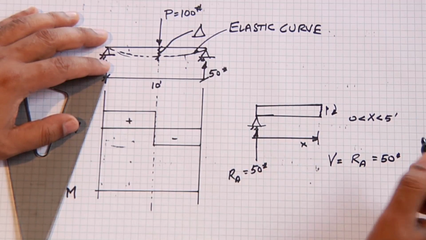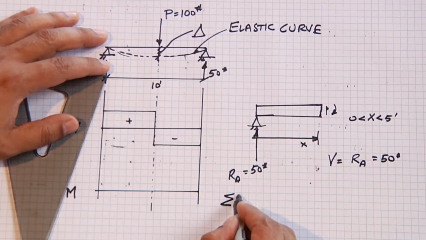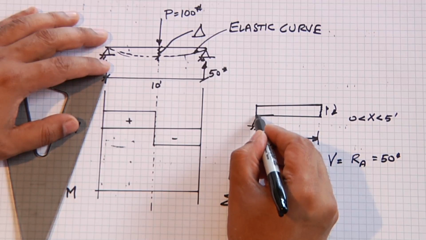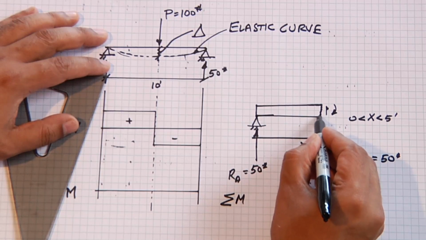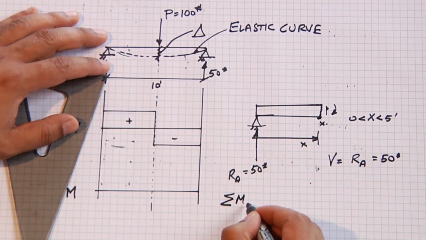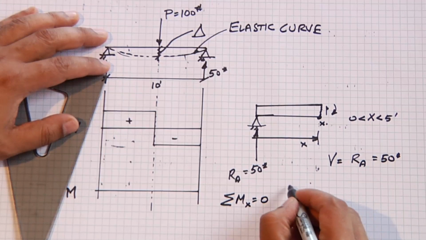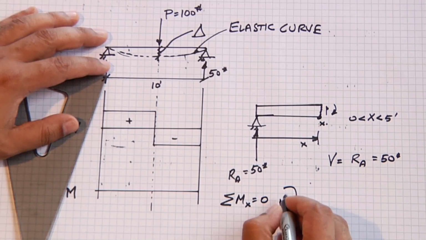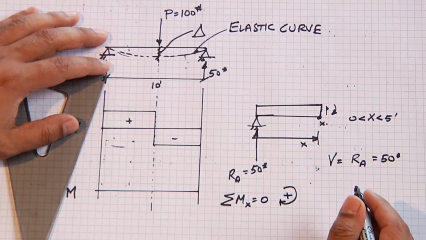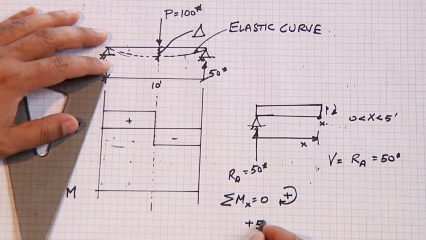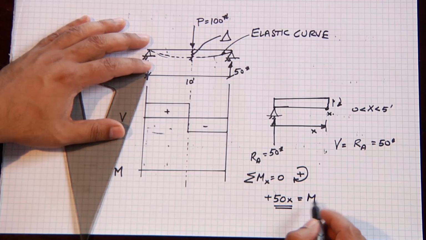The bending moment will be the sum of the moments, and we'll choose this point over here as our point to calculate the bending moment, and we'll choose our sign convention clockwise positive. And so the bending moment is 50, the force here, times x, equals the moment reaction on the right. So the moment is equal to 50 times x,